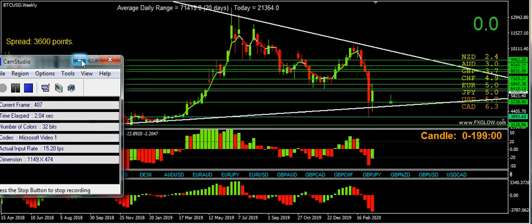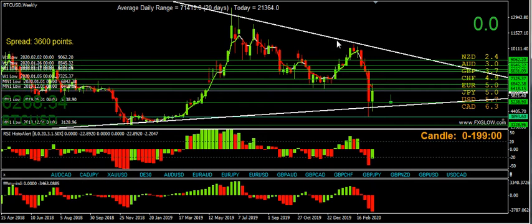So part 3 of Bitcoin analysis, and we're on the weekly chart still now. So what does this weekly chart tell me? Well, we've got this level here, that was that PPZ or flip zone,